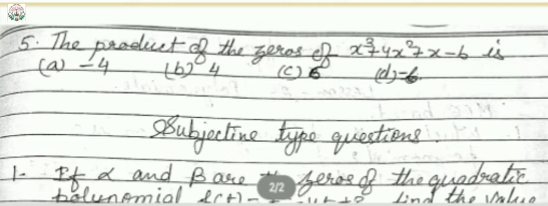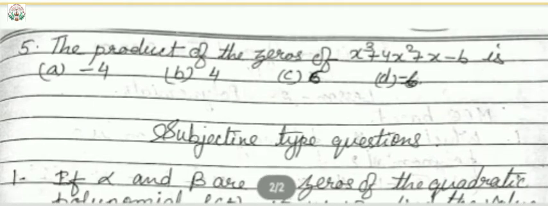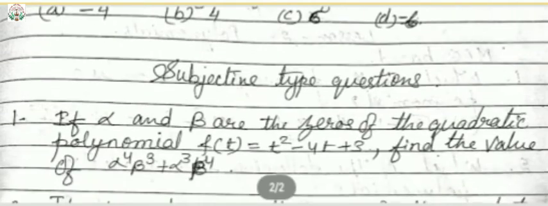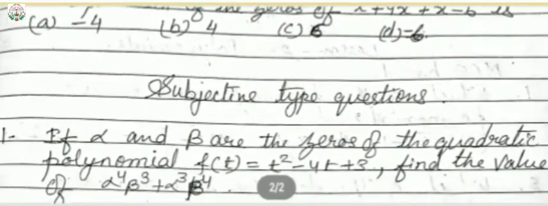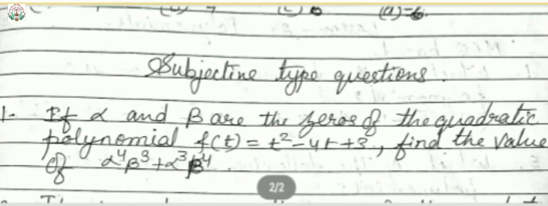a. So here you can see it is in the form of x cube plus b x square plus cx plus d. So now here d value is minus 6, so minus of minus 6 upon a, which is 1. Minus of minus 6 means it will be positive 6 value. So out of the 4 which is the correct one, C. Same way, subjective type questions.